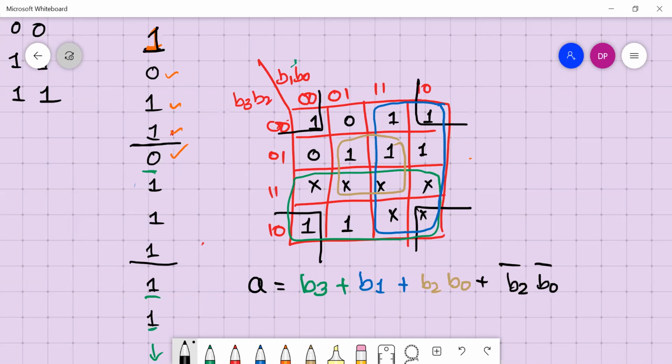So a value can be written like this. So it can be simplified. This is B3 plus B1 plus, what is this formula? AB plus A complement B complement. This is XNOR, isn't it? This is B2 XNOR with B0. Right.